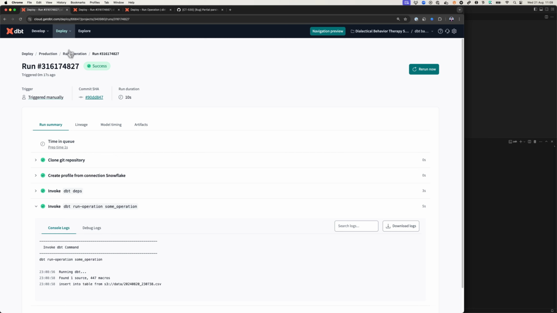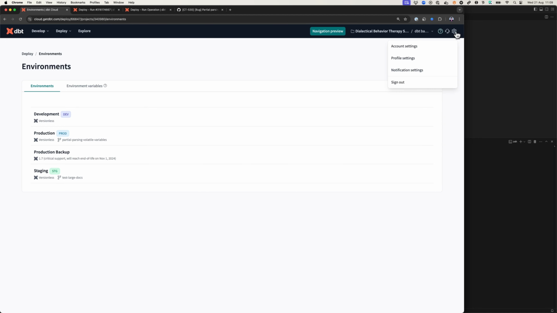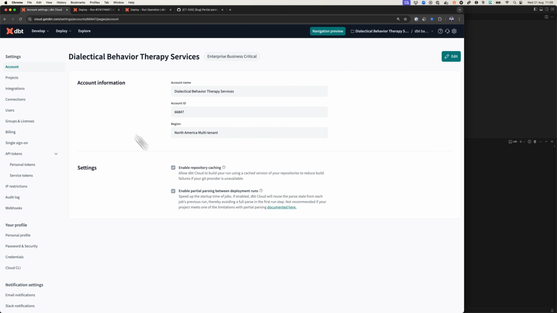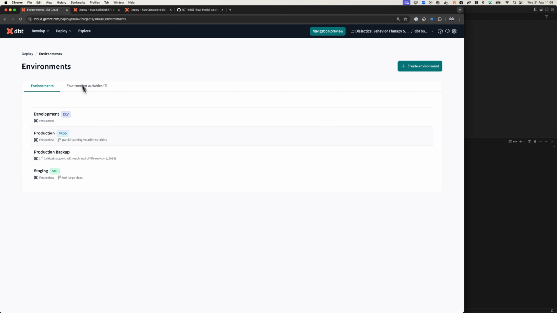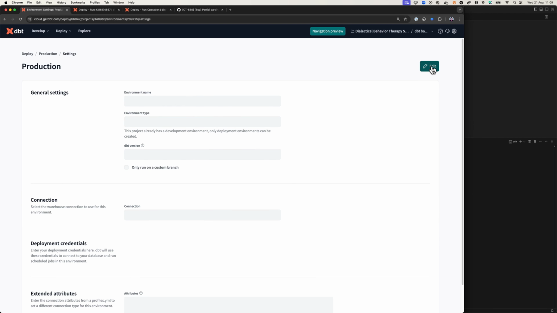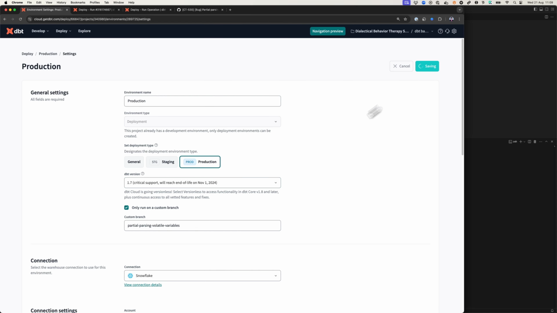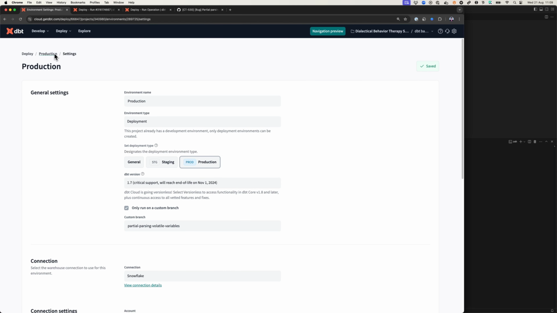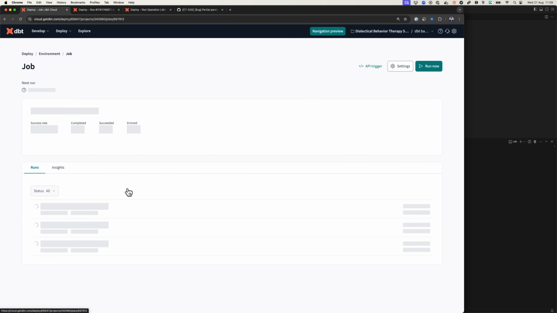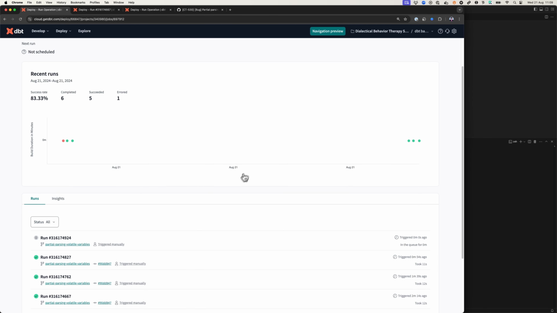Now, as I was saying before, certain things will cause the project to fully parse, even with the partial parse configuration here. Let's try and see what happens. So if I change my dbt version, for example, let's change from versionless and go back and forth, like perhaps somebody is going from 1.7 to versionless and so on. Now I'm going to redo my job. And here,